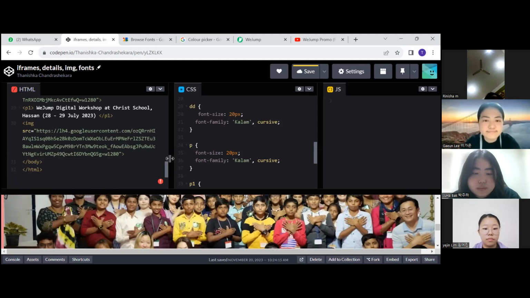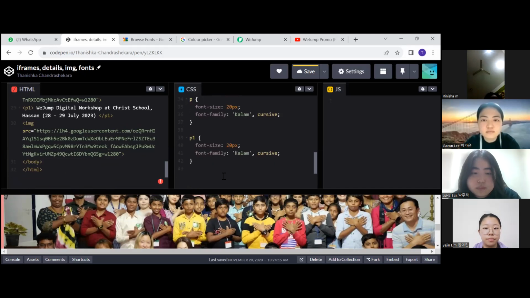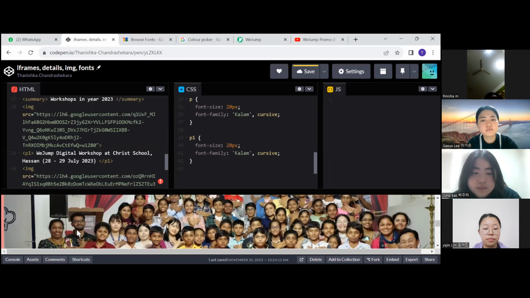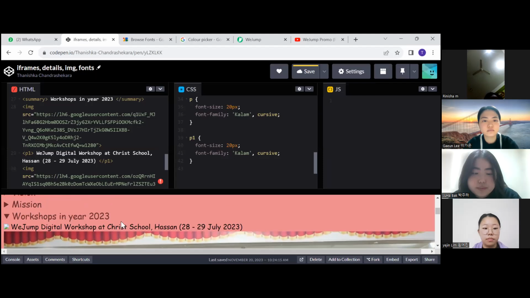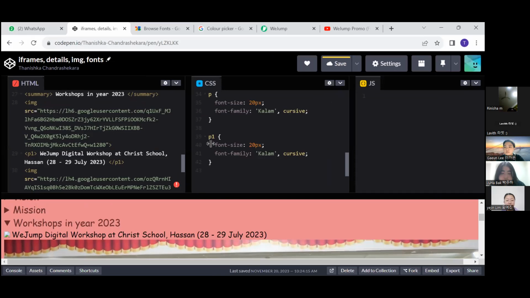Also, if you want to make any modifications to any of the text, then you can do it in CSS. So I have written something here like WeJump Digital Workshop of High School Hassan. For that it is P1. So the font size is 20 pixels, and also the font family, I've got that